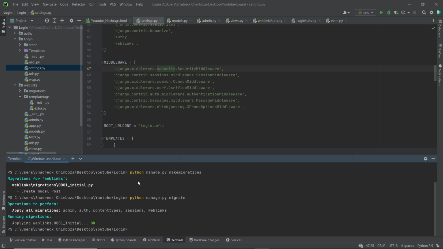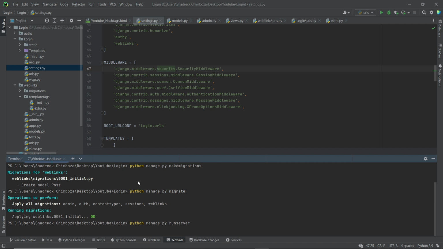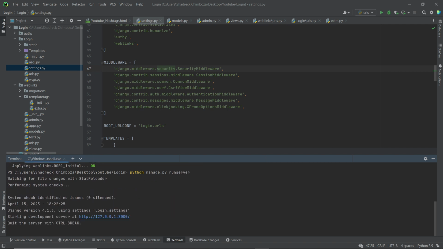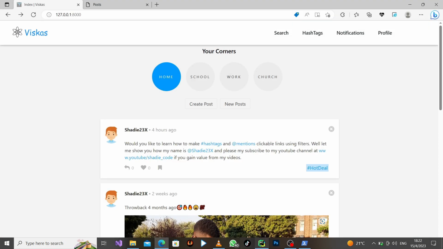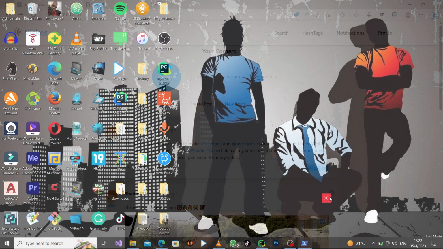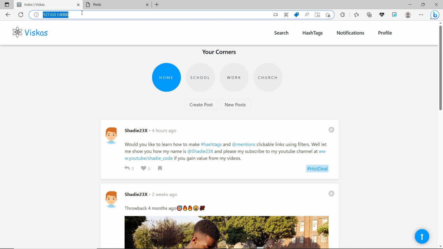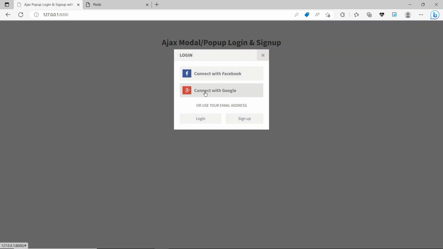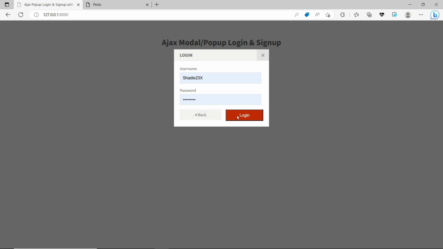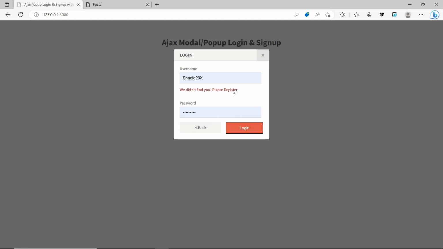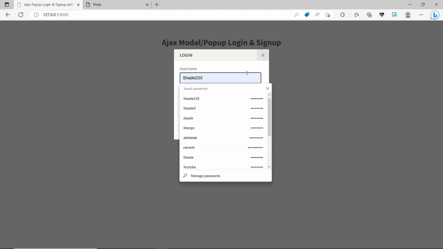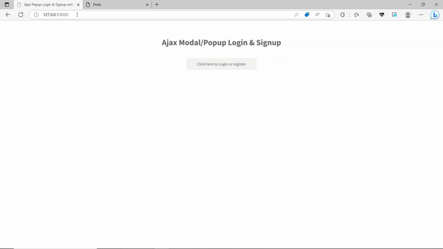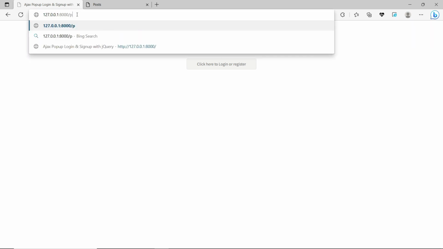So I've made my migrations. Now I'll go on to run the project. And now it's running. Firstly, I'll terminate the instance which was already running, and I'll try to run the URL. Oops, it's actually the URL of the project I created last time, but let me show you for those who didn't watch my last video. As you can see, it's a modal or pop-up login. I don't remember the user I created for this project, so I'm just going to leave that. But if you want to learn how to create a modal login, go ahead and check my last video.